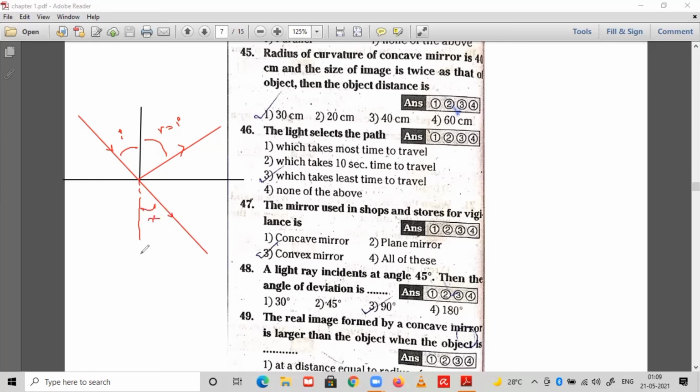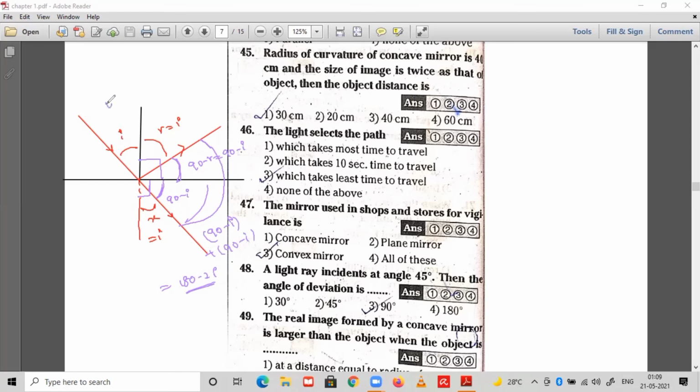This angle and angle x are vertically opposite angles. So x will be equal to i. Now I am going to calculate this angle. The entire angle is a right angle. So this small angle will be 90 minus i. And here this is the right angle. This angle will be again 90 minus r. Anyhow r is equal to i only, no? 90 minus i we will take. So this is the actual angle of deviation. What is the angle? This angle plus this angle. 90 minus i plus 90 minus i, it will be 180 minus 2i. This is the angle of deviation which is produced by the mirror.